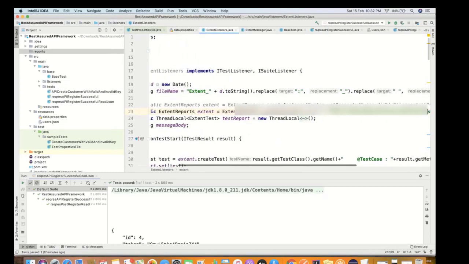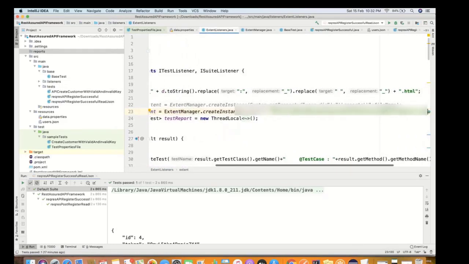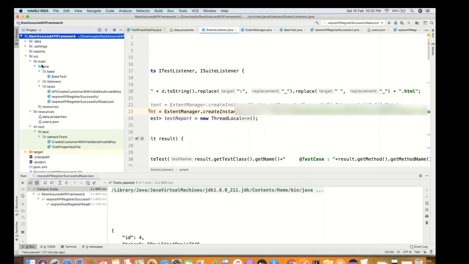In Windows it's very easy. If you give system.user.directory, it will take you until this point. Then inside you say it's the reports folder. In Windows it is easy, but in Mac, I tried doing this in many projects and it wasn't working, because I have to give the path directly this way. For that reason, I need something else to be configured in my